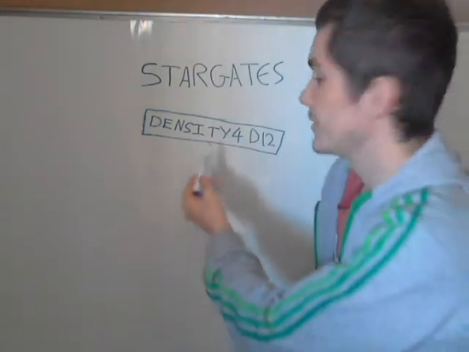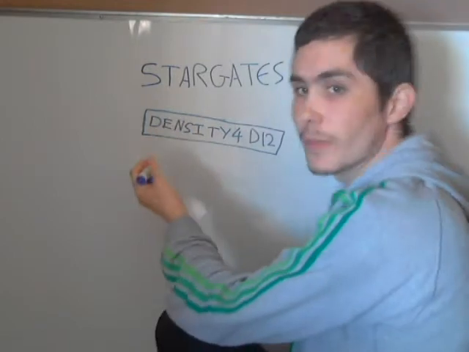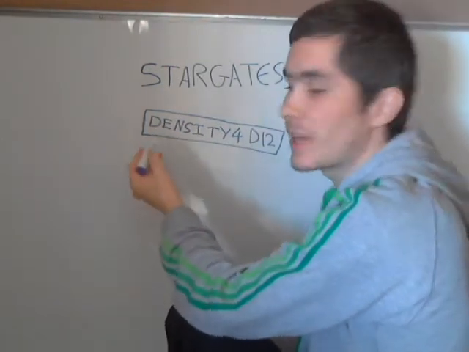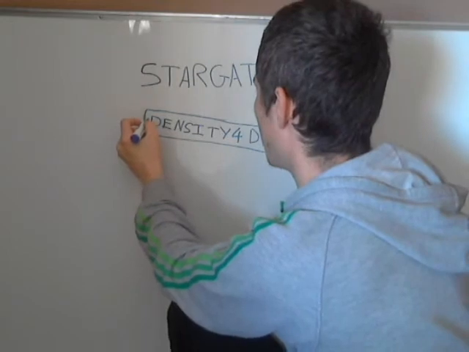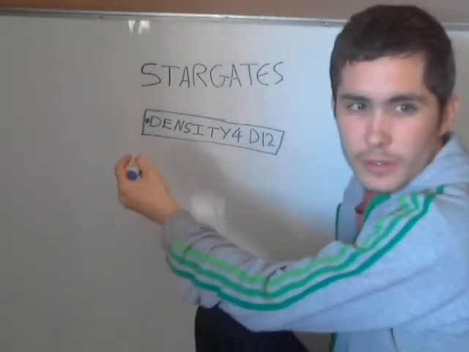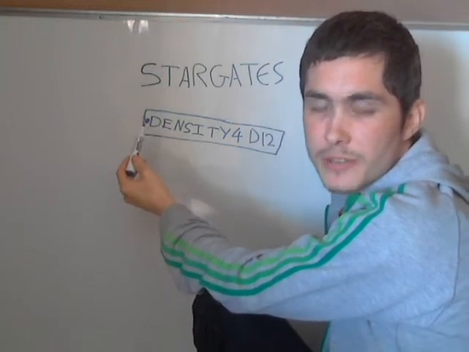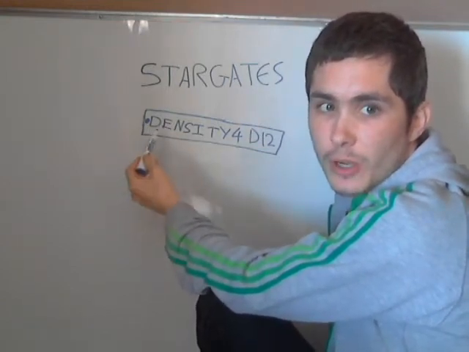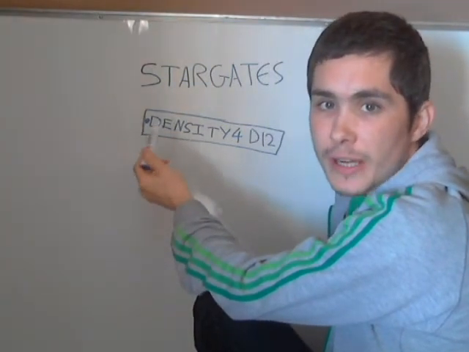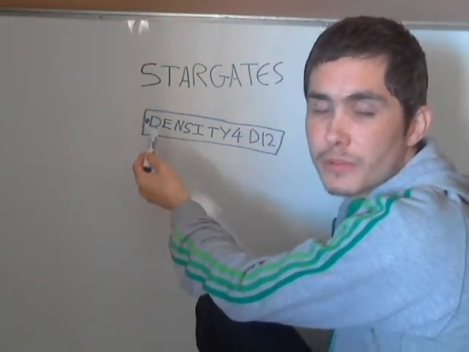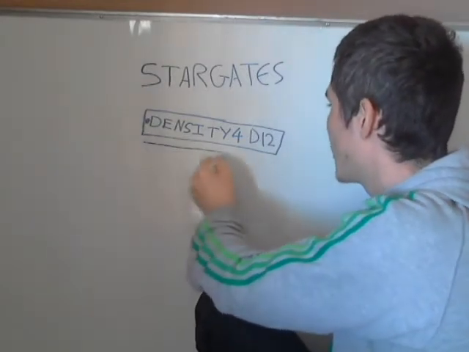what we have here is density 4, dimension 12. And this dimension has a Stargate. So this little circle that I've drawn here represents the Stargate of density 4 D12. But there's not just one Stargate, there's loads, but let's call this the main Stargate. And then